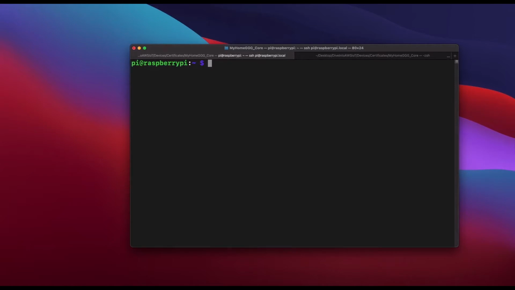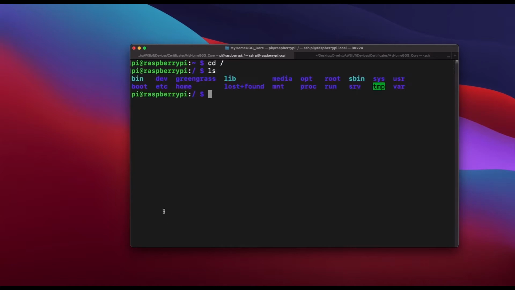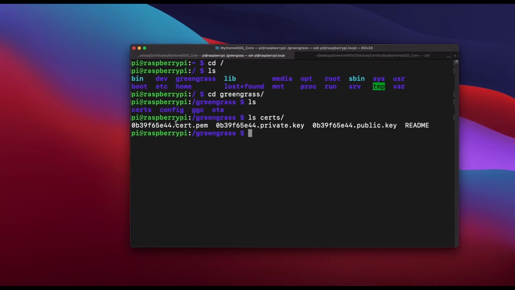So what has currently happened is, if I go to the root directory, there has to be a folder called greengrass in here, and in this greengrass folder, if I cd greengrass, there has to be certs in that. We will have the certificates of this device. It does not have the root certificate yet. We will be downloading it as we go further. And there is config, there is ggc, core, software, all that stuff.